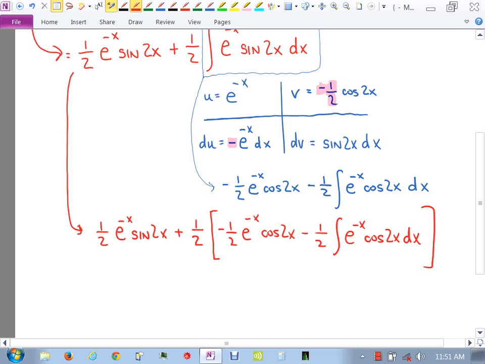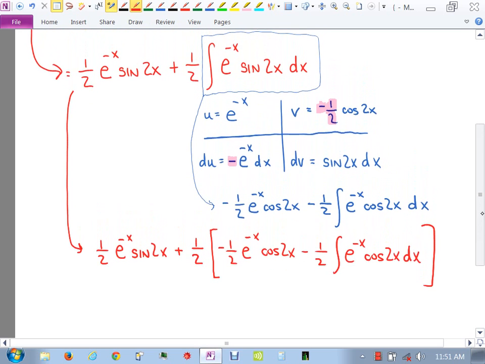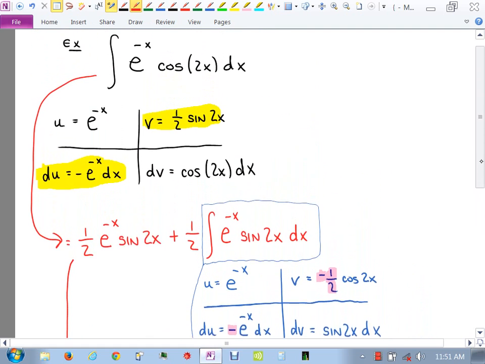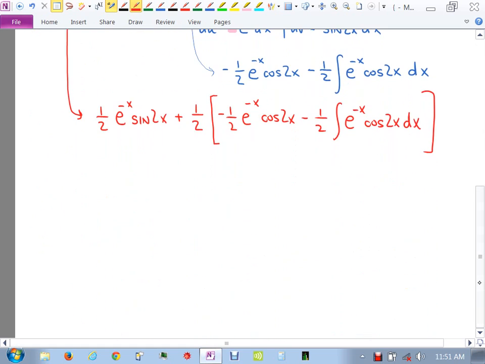Yes? I'd like to distribute that 1/2 through the bracket. But when I do my next line, I want you to pay attention to what I do before I distribute. Go back way up to the beginning of the problem. We're saying that the integral up there in black is equal to what I'm about to write, correct? That integral up there is equal to this. So watch how I write this. The original integral